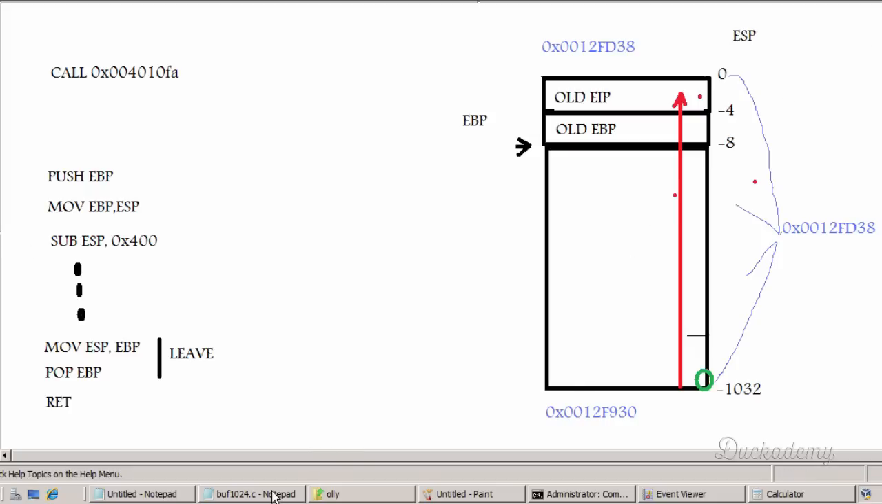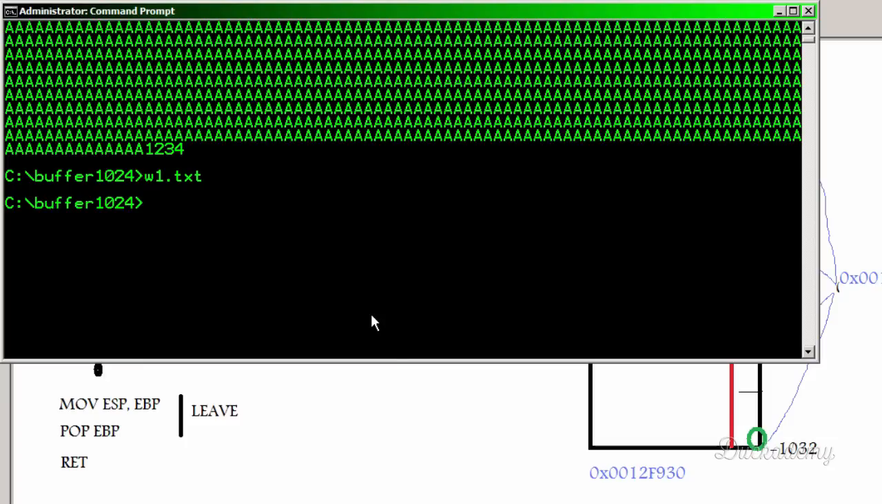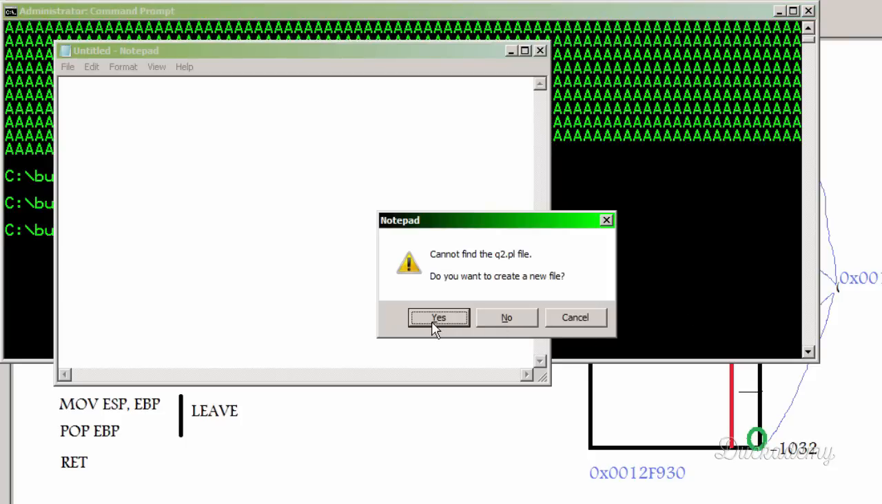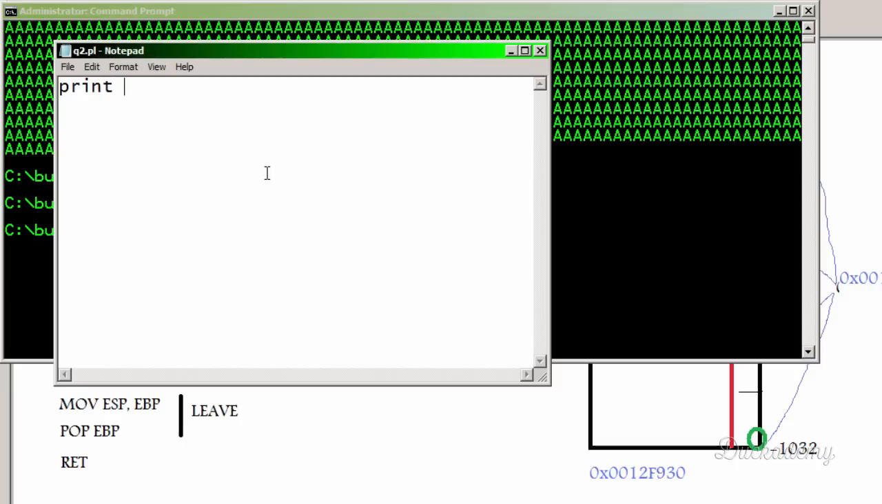Close the debugger. Let's try to jump there now. It will be our next code. So I create in Notepad a new file. It will be called q2.perl. Yes. And the source code of it will be print in quotation marks capital E, and print 1028 of those characters, and in Perl the dot is the concatenation, and I will add here my memory address. This is the 0012F930, but as you remember it must be in reverse byte order, so I change it to 30 F9 12 00,